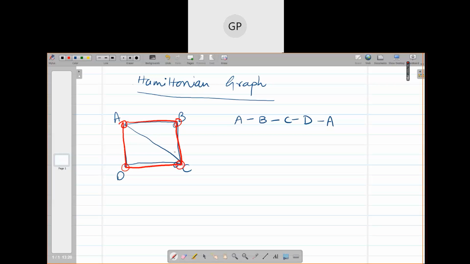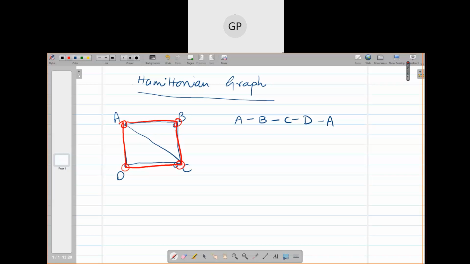So unlike the postman problem, here we are not going to find an Eulerian graph. Checking whether a graph is Eulerian is very easy. You just need to check the degree of each vertex. If the degree of each vertex is even, blindly you can say yes, the graph is Eulerian. You need not even see the graph. In the case of a Hamiltonian graph, we have seen the necessary and sufficient condition here.